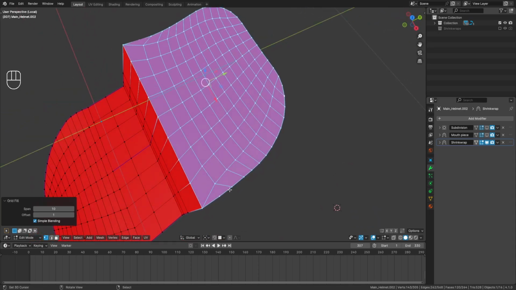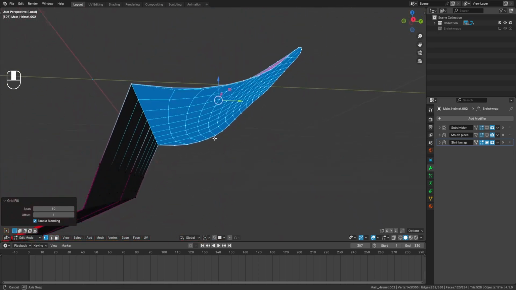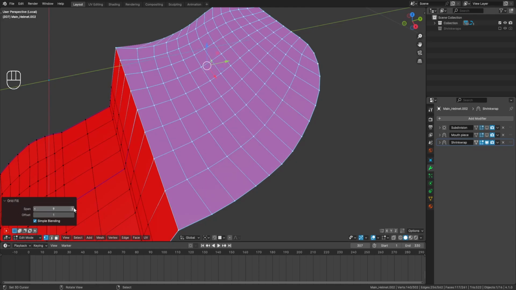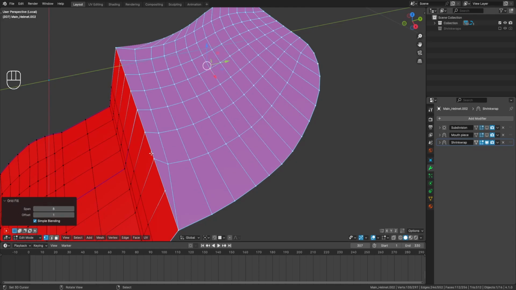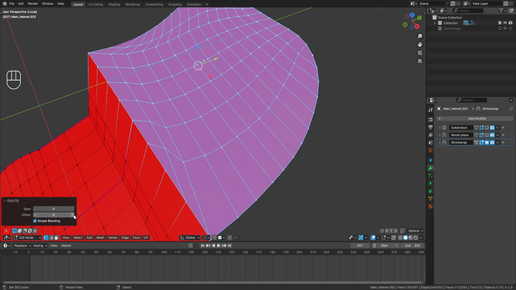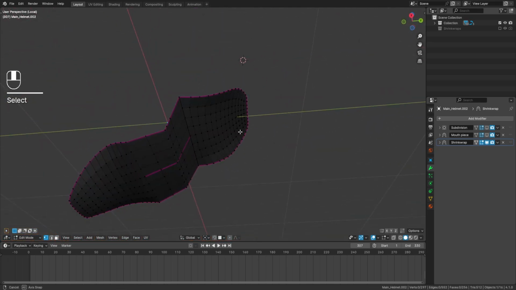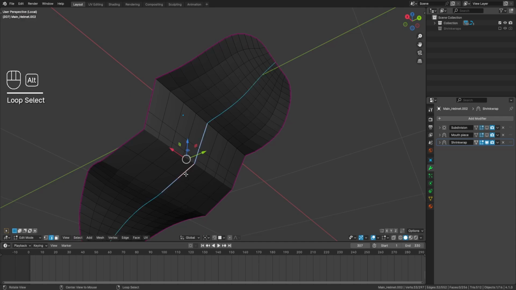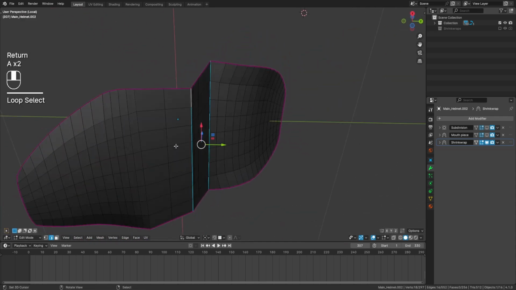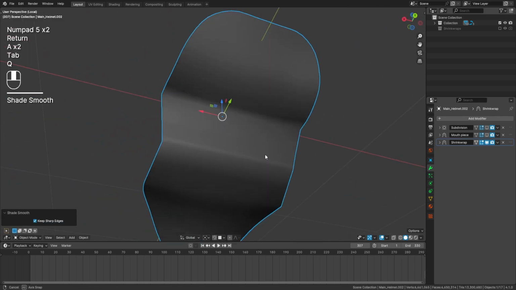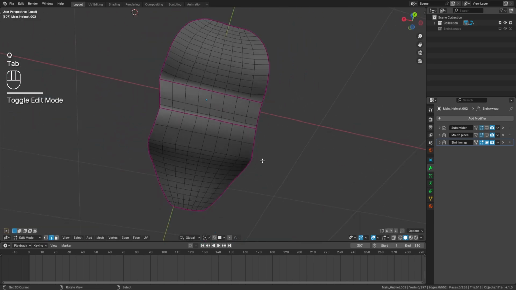It's still pretty bad, but okay. Oh, 9. Yeah, 8, and then there we go. That works. It's not great by any means, but it works, and that's all I'm really interested in. We'll shade it smooth, and